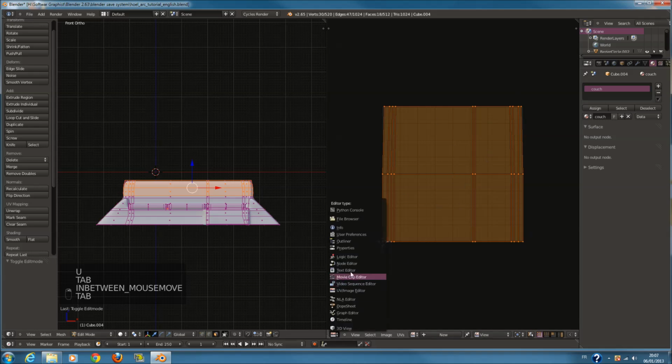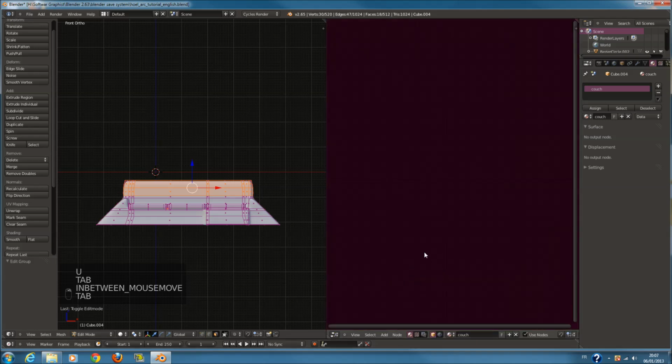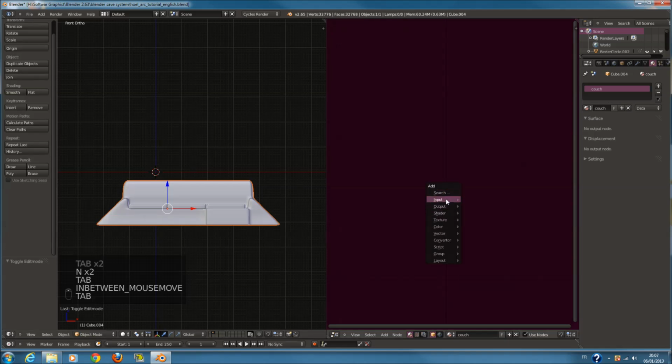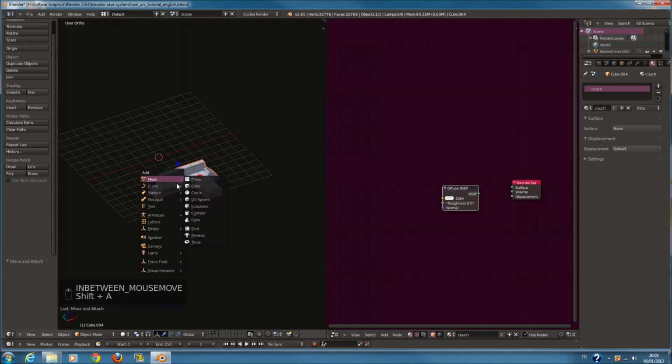Good. So I'll go to the UV editor, go to the node editor. Okay, and now we want to add, rename this couch, and I want to input a material. I want a diffuse. So in the shader, diffuse, where is it? Diffuse. Okay, so now add a light, because we want to see what I'm going to do